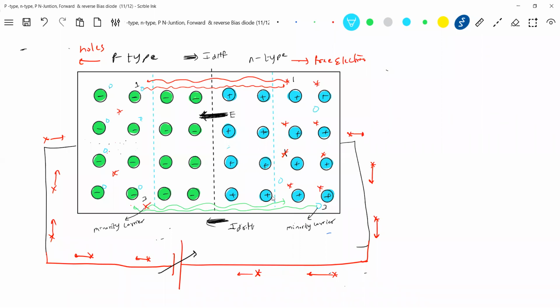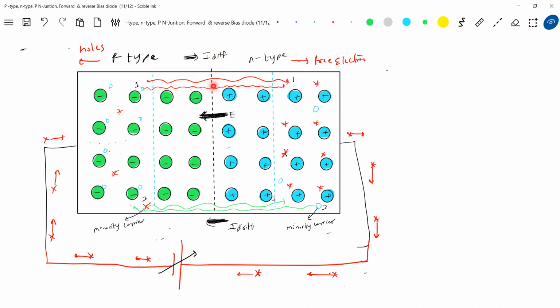Now what happened to the most energetic electrons? They're still able to cross. Earlier, without bias, say 100 were crossing. Now as I increase the bias, around 50 may cross. As I keep increasing the bias, the most energetic electrons find it more difficult to cross from N to P type. The most energetic holes find it more difficult to cross from P to N type. So definitely what happened to this